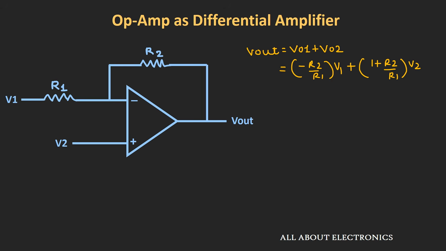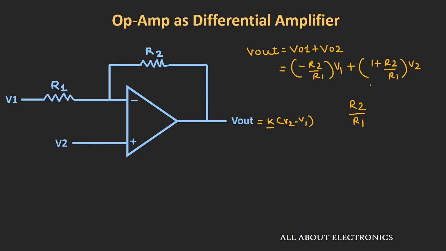Now if you observe here, the gain that is applied to both the inputs is different. Suppose you want the output voltage Vout as K times the difference between the two voltages, let's say V2 minus V1. Then we need to ensure that the gain applied to both the inputs is equal. If the gain applied to both the inputs is equal to R2 divided by R1, then in a true sense we can use this configuration as a differential amplifier, where the output will be the difference between the two input voltages multiplied by the gain factor K. Now let us see how we can achieve this equal gain.